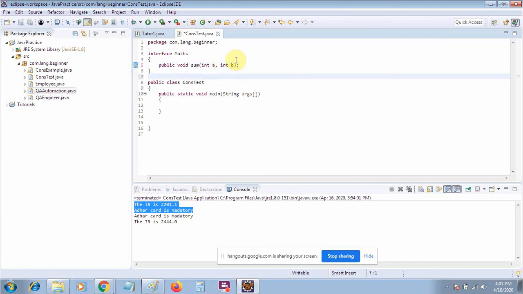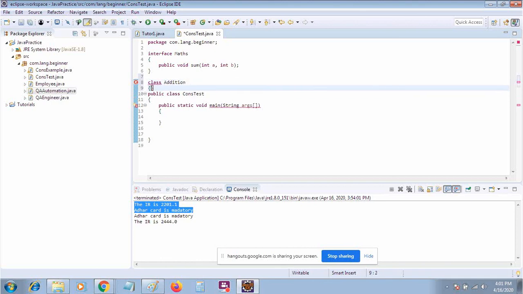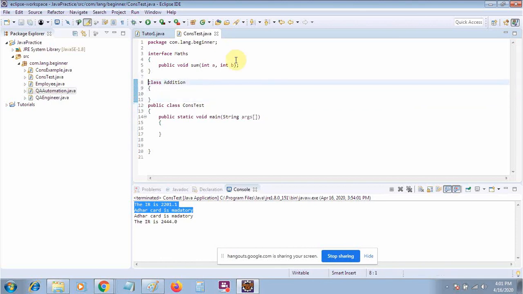Now there is a class Addition which implements this Math interface.